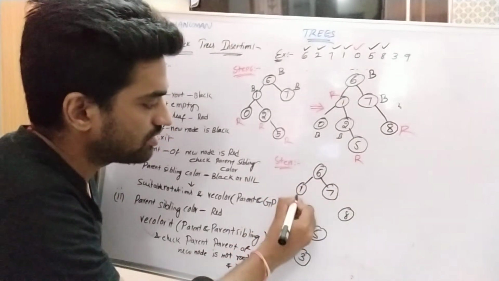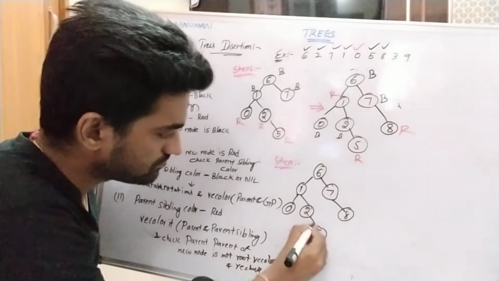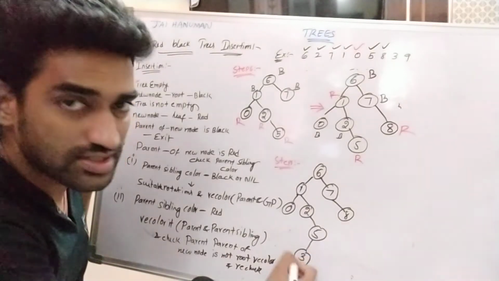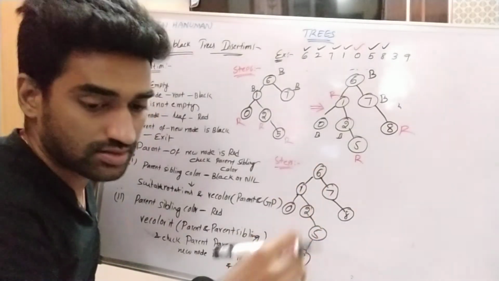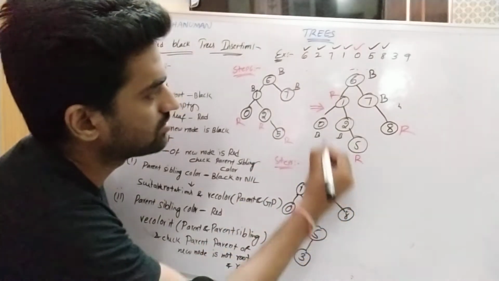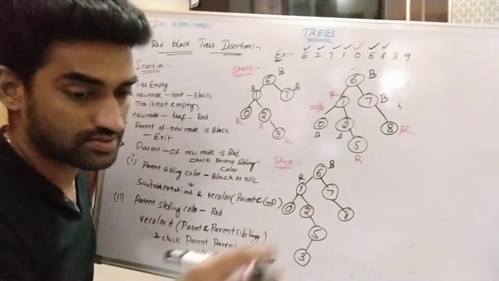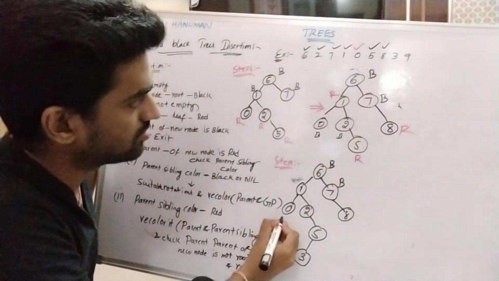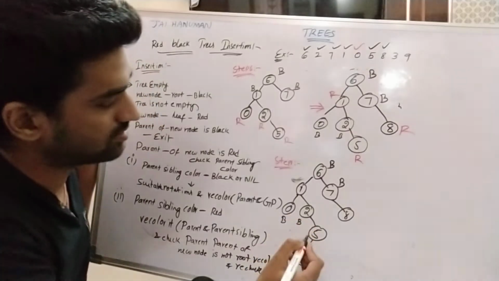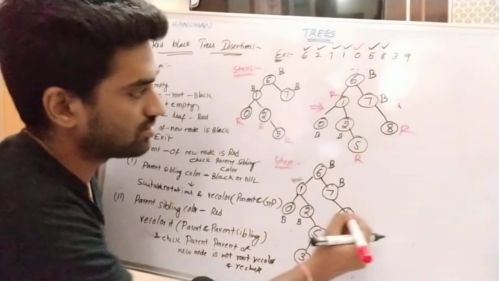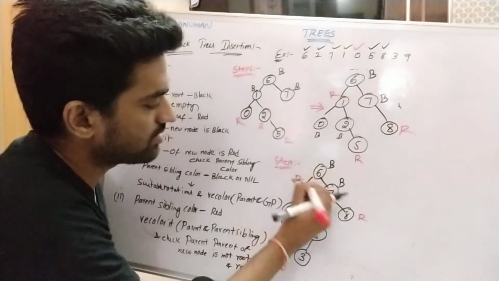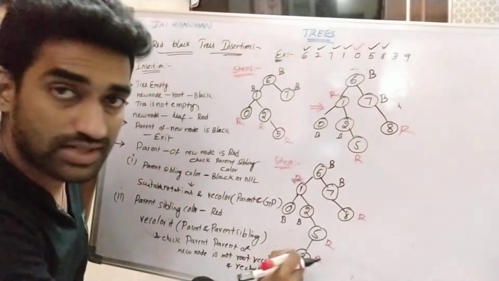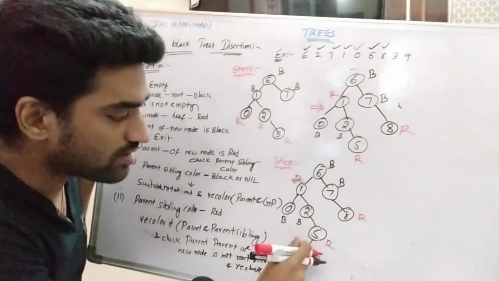So here the tree becomes like this after inserting this one, right? The newly inserted node is always red, na? Remember that one. So here the colors are the same: black, red, black, black, black. This is red, this is also red, this is also red, this is also red. So the newly inserted node is red. So now check. An RR conflict has occurred.